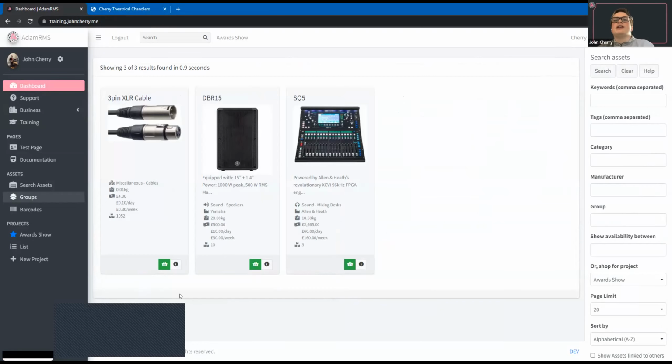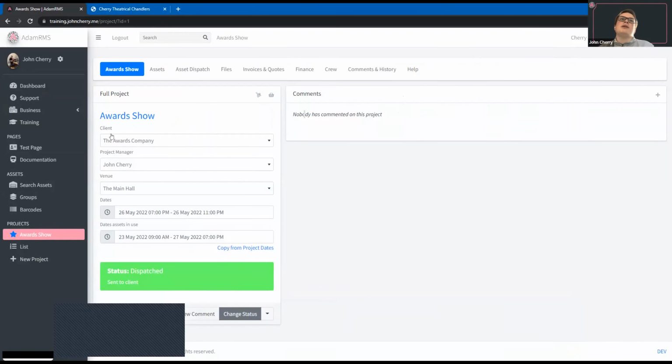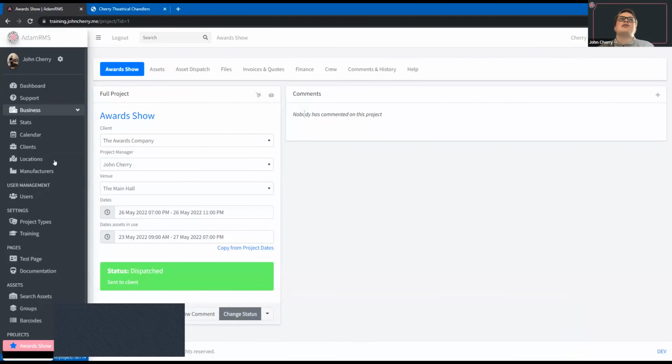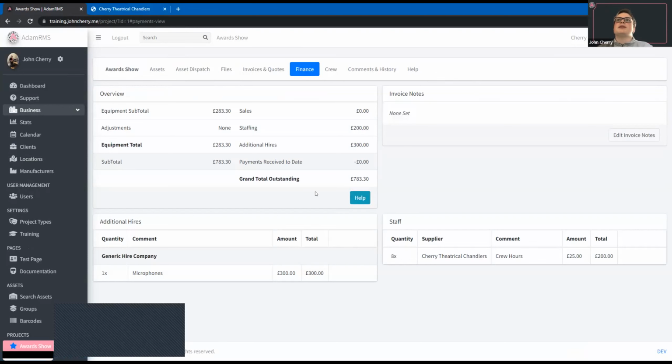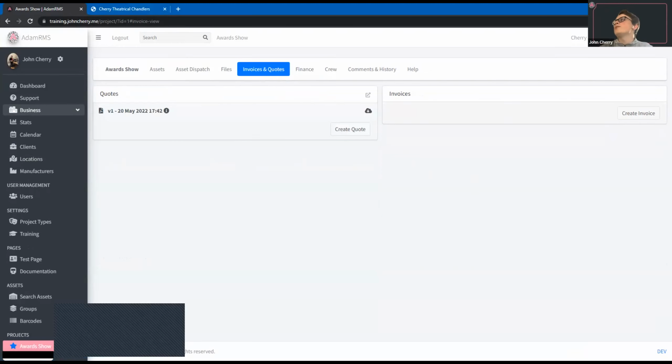But now I can fully change the project information, including clients, and I can add new clients and locations because I'll need to be able to do that if I'm meeting a client for the first time. I can also create project types because I might be doing something really strange and might need a custom type to make it work. I can access finance as a project manager because I need to be able to see what's going on with it, but I don't need to be able to actually set anything because we've got the finance team to manage that for us. And if I jump over to becoming the finance team now,